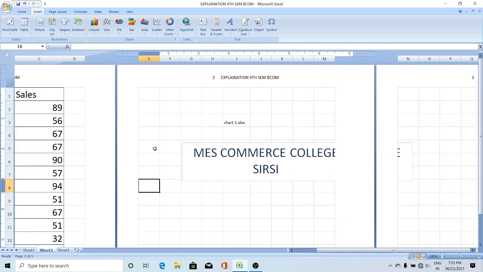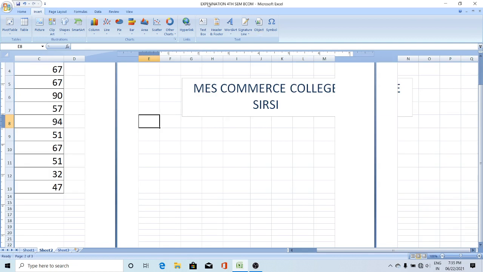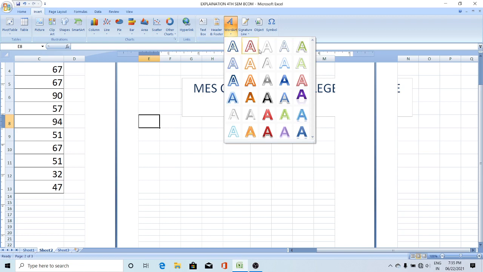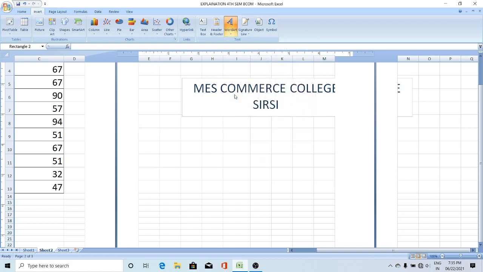Next one is Insert WordArt. WordArt is artistic or decorative text that you can insert into your worksheet. You have tried this also. Whichever text you want, you can insert there. I'll select this one.